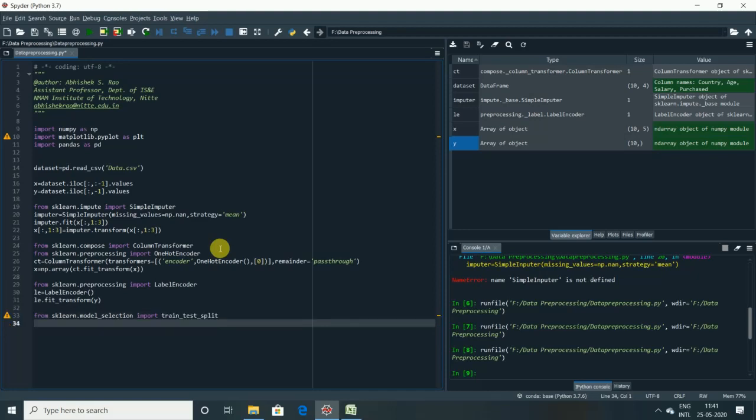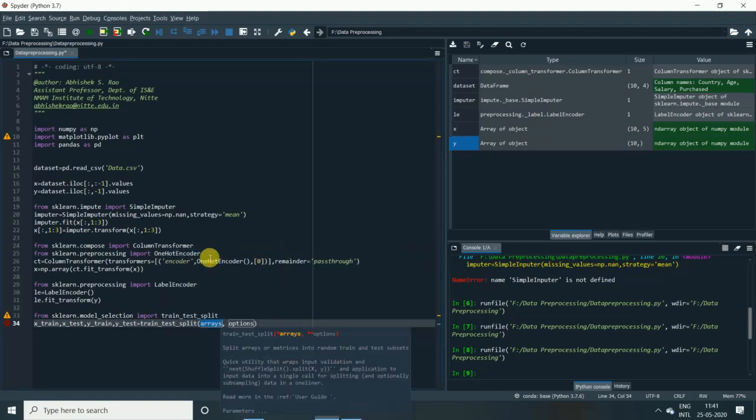So this will be created for all the variables like xtrain, xtest, ytrain and ytest. So let's do it. I'll type x underscore train comma x underscore test, okay, comma y underscore train comma y underscore test, okay, which is equal to train underscore test underscore split.